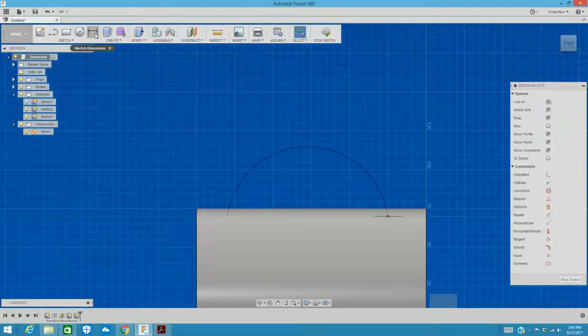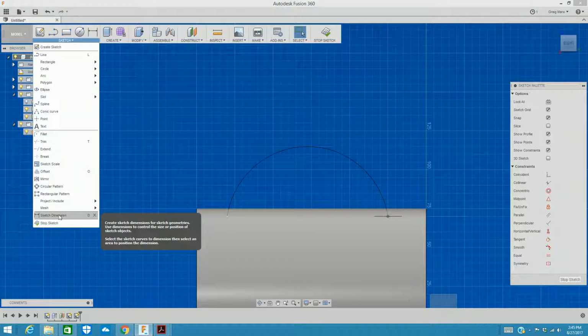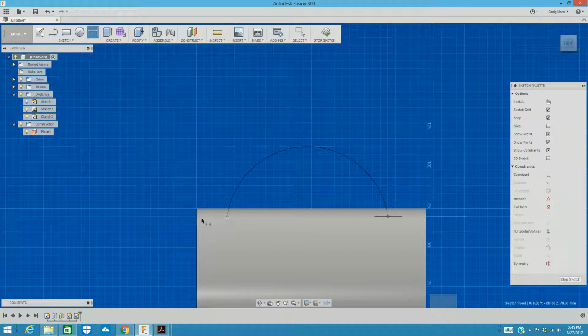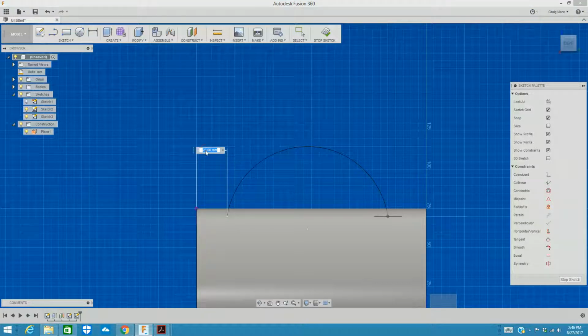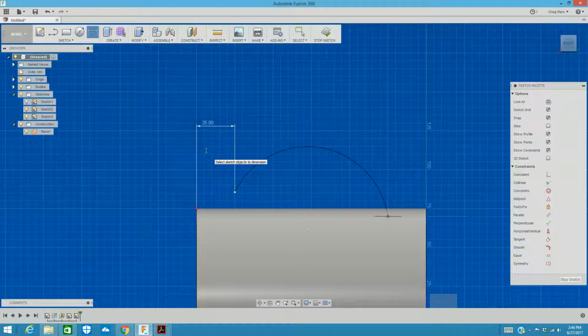On most people's toolbars, that is one of the shortcuts. If not, it's all the way close to the bottom, sketch dimension. If I want to know what that distance is, I see it's only 20. So when I click on that 20, if I want that to be symmetrical, I can always make it 25. The hard part is because the arc is a certain length, it has changed where that location